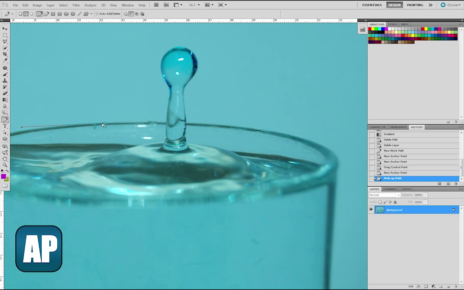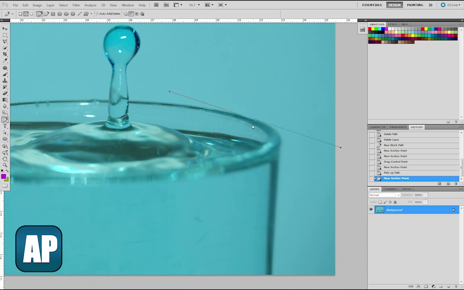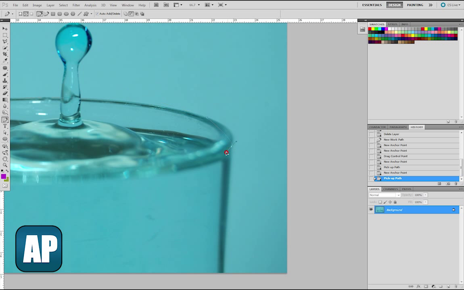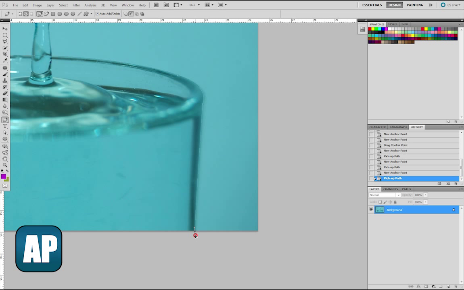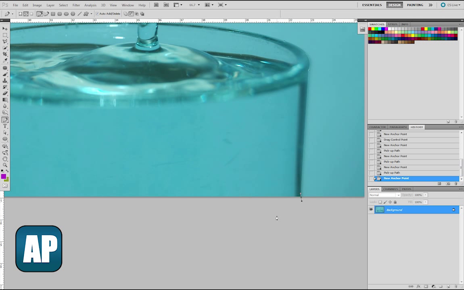So in this case I've deleted my anchor point, and I'll create another one around here. Again, I search for the end of this curve, which is just around here, for example. And then I clicked and pulled until I had a nice curve which follows the outline of the cup. Again, I do not want my next point to be affected by my previous handle, so I'll click on Alt and click to delete that anchor point. My next anchor will be around here, and I'll go to around here, and then I'll zoom out a bit